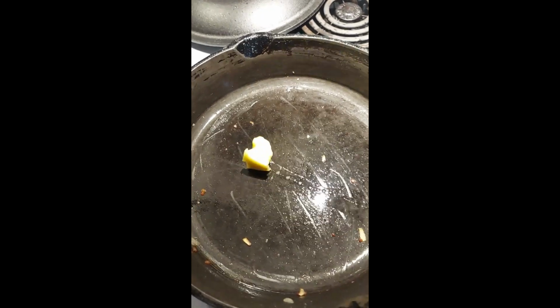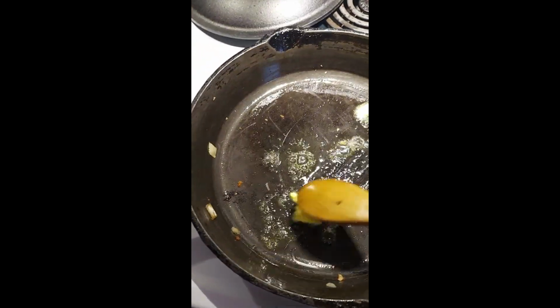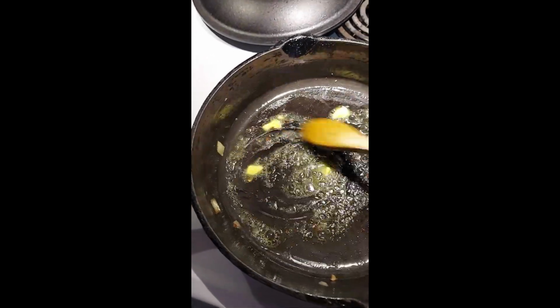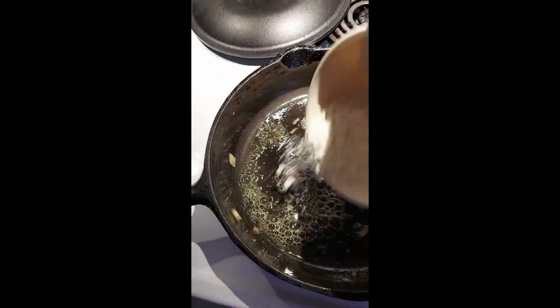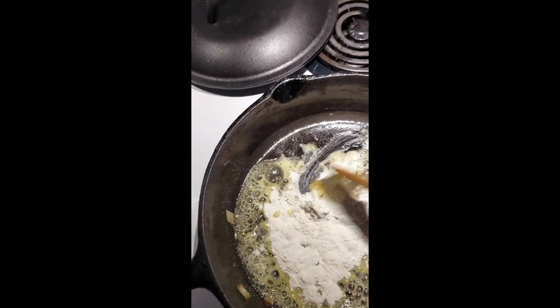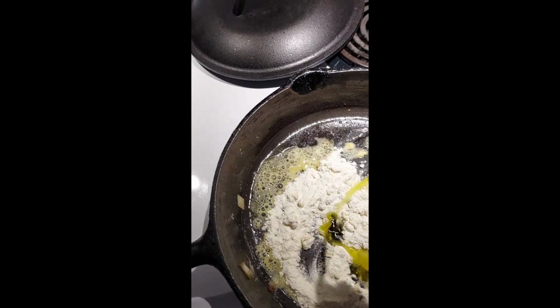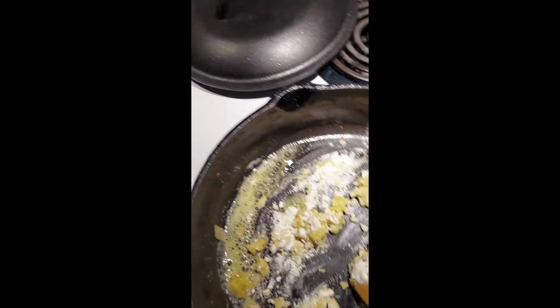And in my hot skillet, I'm going to add about a tablespoon of butter and let that melt. And we're going to make a roux. Not a kangaroo, a gravy roux. All right. That's melted. I'm going to add a little bit of flour to that. And if that doesn't look like it's enough oil, depending on how you've cooked your bacon and stuff up, we can add a little bit more there, because the purpose of this is to get it nice and golden. So I'm going to add a little more oil to this again